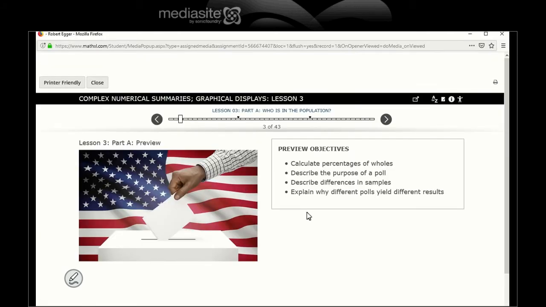So in this presentation, looks like we're going to be working with calculating percentages of wholes, how to do a percentage. And remember, a percentage is basically how many parts of the whole, and that's going to be a certain percentage, always on a base of 100. And of course, by using some math here,